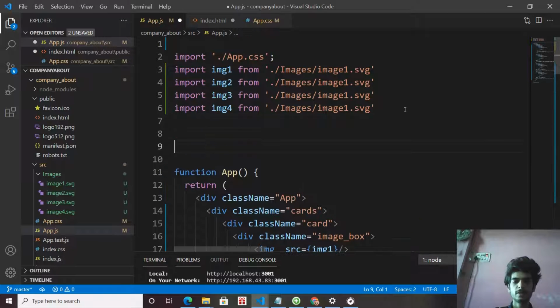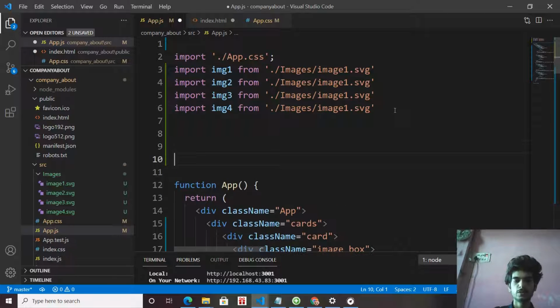So create the show variable with the useState hook. So import useState first.